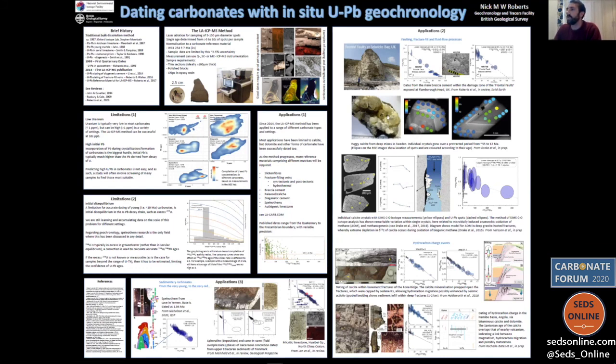So just to give you a little overview of the poster, let's start at the beginning. I've got a brief history, just some timeline. So the traditional technique of dating carbonates was dissolving them and doing chemistry on them. And that started in the late 80s. There's been a handful of publications, or well, a few handfuls, on different settings, but it never really took off as a popular method due to its limitations.